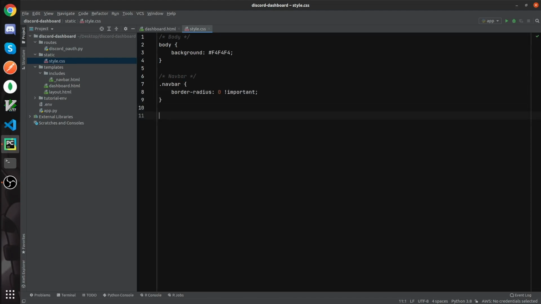And that should do it. And then to navbar, and then default. Background color, set to 3, 2, 3, 4 zeros, and then border color